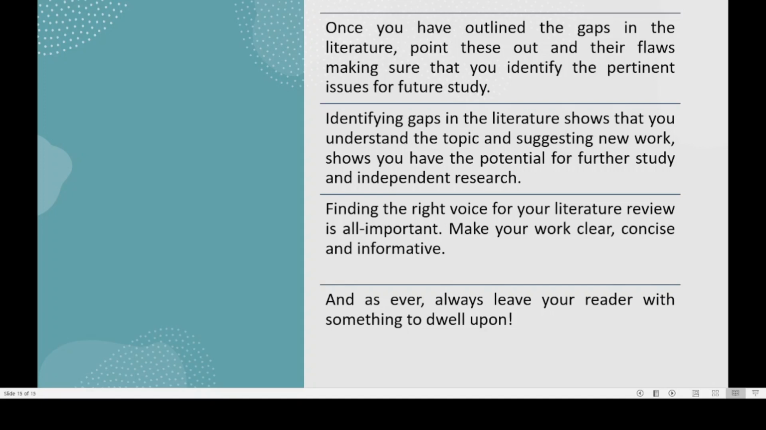And as ever, always leave your reader something to dwell upon. Dwell upon means something to think upon. So when you are concluding your research, you should always point out that there are certain areas which have been left out, where there is still possibility for further research. So this is how most of the time a research work will be presented. And when you are doing some research, you may find that you cannot do all the work, because you may be thinking of doing 5 or 10,